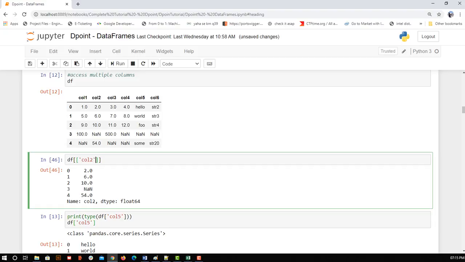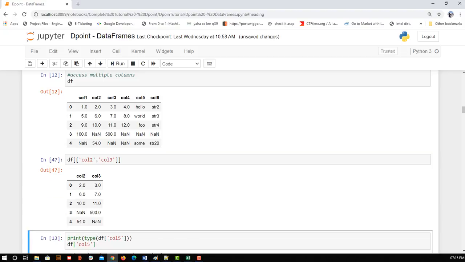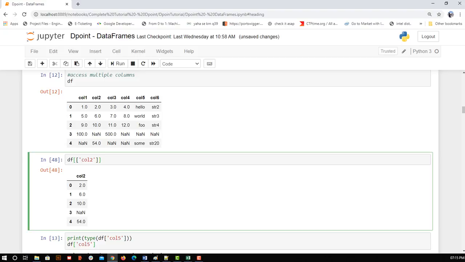So now I can send it column 3, you see. And if I am passing a list, it is not like I cannot pass a single value in the list, I can pass that as well. Now let's try to see what is the difference when I pass a list and when I pass a value directly. So here again I am going to write dtypes.